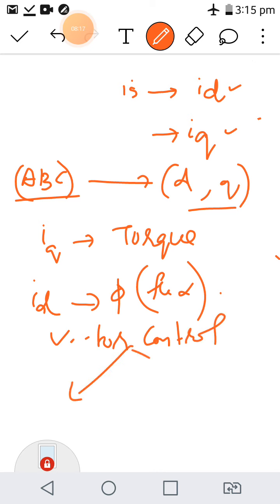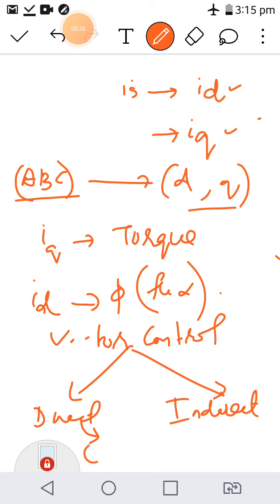There are two types of vector control method. One is called the direct vector control and another is called the indirect vector control. Direct vector control is very simple. We are sensing the speed using a tachometer, and the actual speed is used for the closed loop operation. Indirect means from the motor terminal voltage we will derive speed. We are not actually measuring the speed with the help of a tachometer. Independently, by using some techniques we will measure that speed. That is the indirect control. That's the only difference between these two.